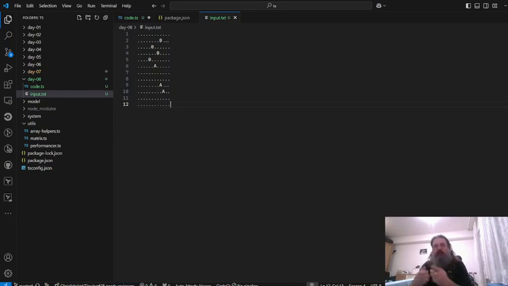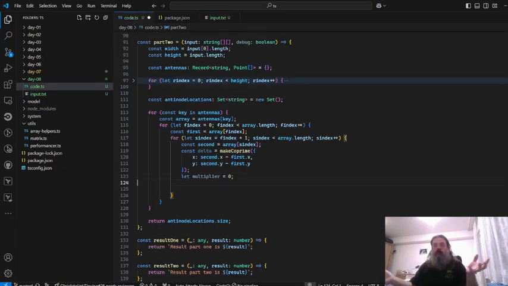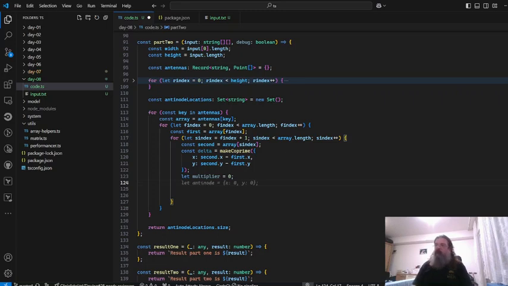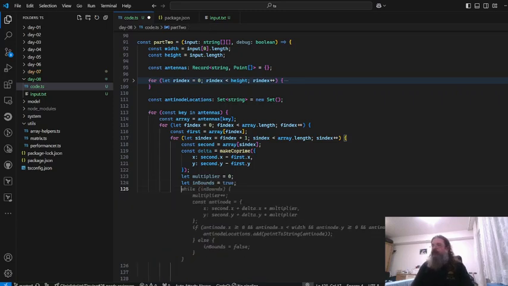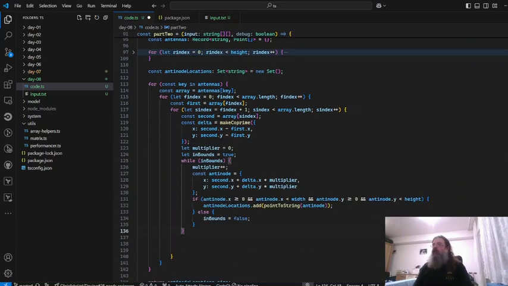But I will make 2 loops, one that goes from 0 until we run out of bounds, and one that goes from minus 1 until we run out of bounds again. So I will have separate positive and negative handling. Anyway, we're gonna run through all of the possible numbers where the answer is in bounds. So let's say I will have another variable, I will call it in bounds. And that is true by default. And while we are in bounds,